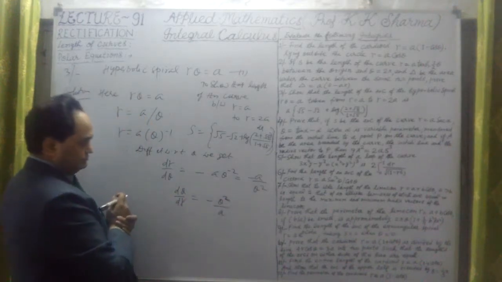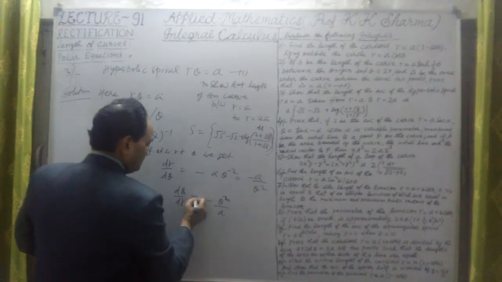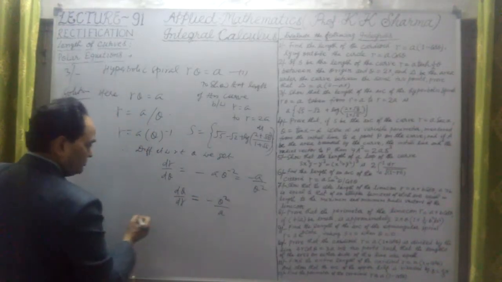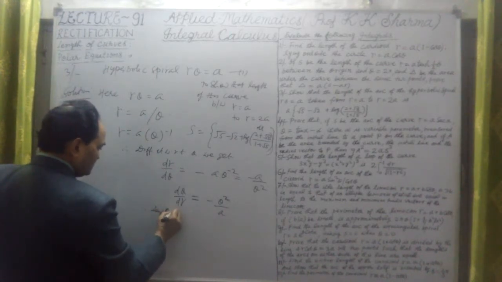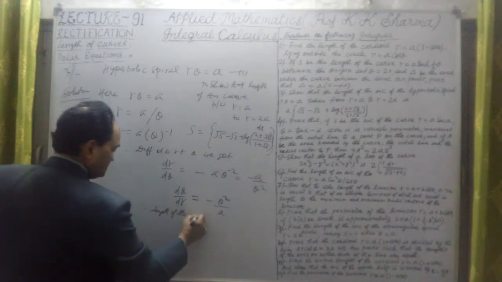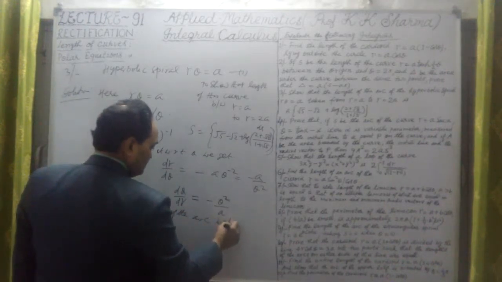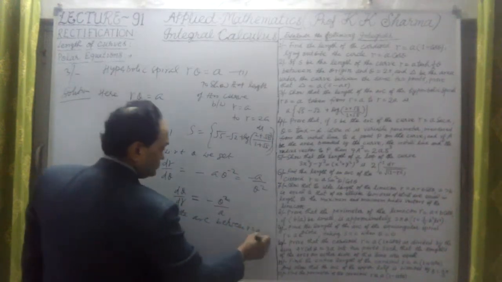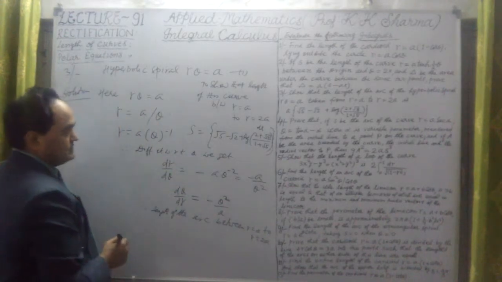This is the value of d theta upon dr. Therefore, the length of the arc between r equal to a to r equal to 2a is given by,